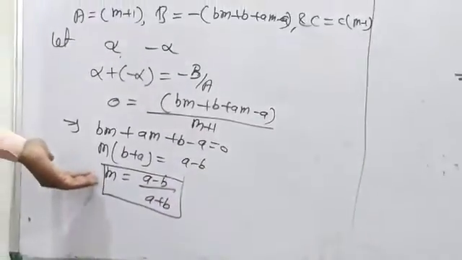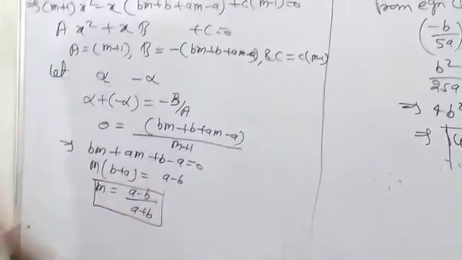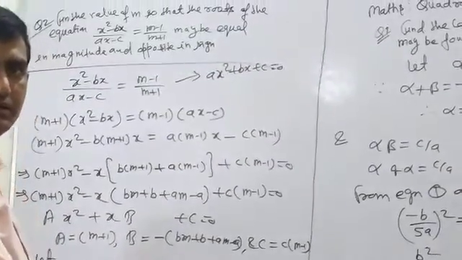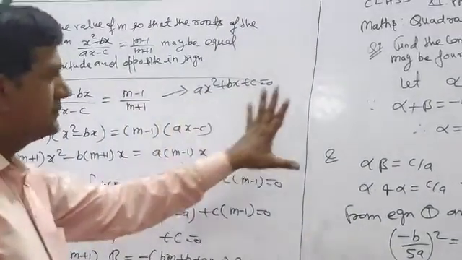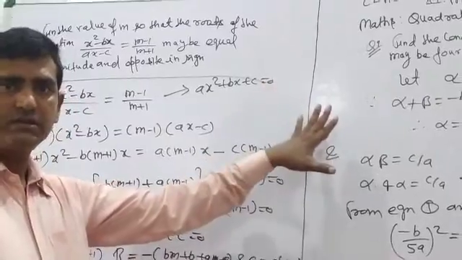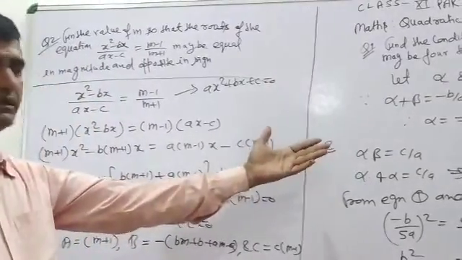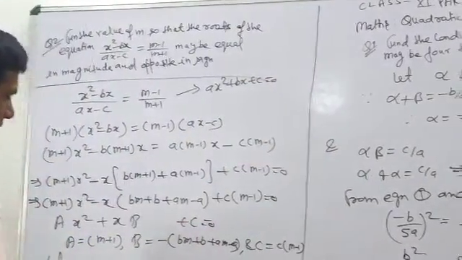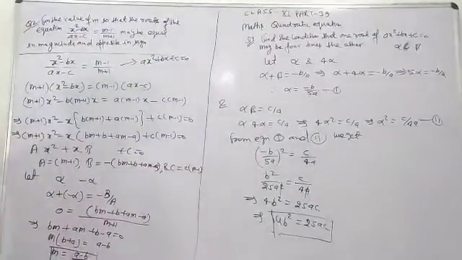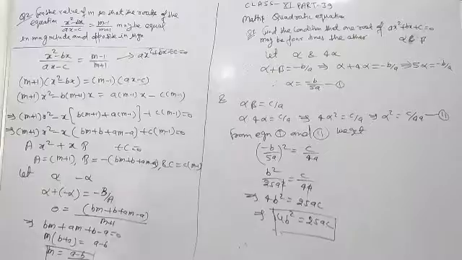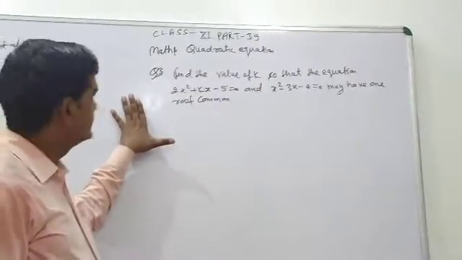Now this is the value of m is equal to a minus b by a plus b. Are you understanding? Any problems? Any doubt? Very good. Very simple. If any question is given, we will read the question, write the condition and use the formula. Then calculate. After calculation, the answer will come, meaning the condition will come. Understood? Good. Now see this question.